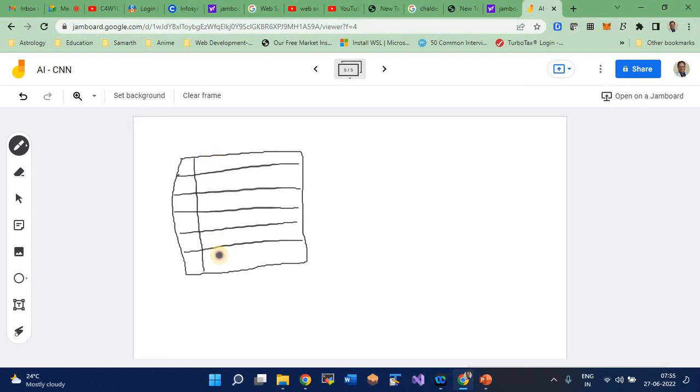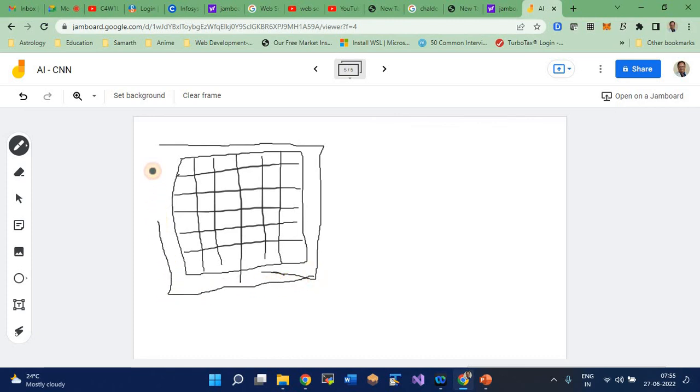Now if I pad one more round over here, that means I am padding one here, right? One here, right? If I pad an extra 1 pixel around that image,